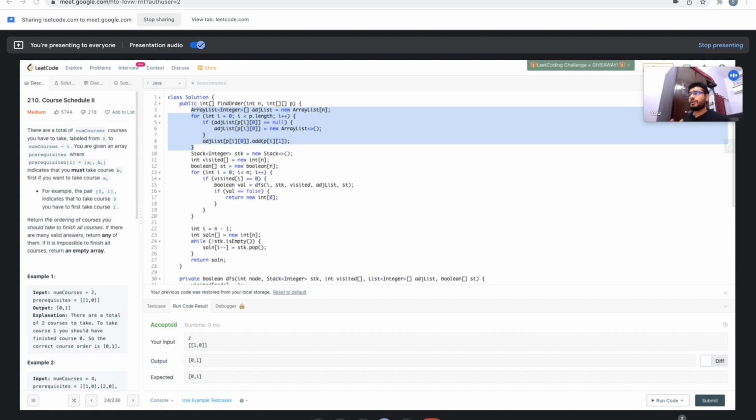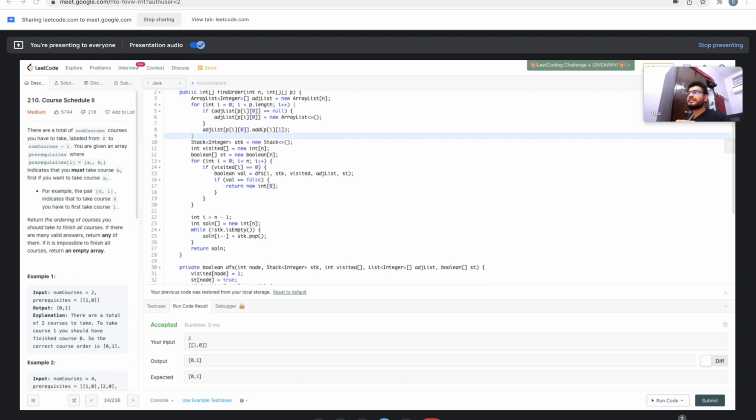Basically, there are two ways to represent a graph. One is an adjacency matrix and the other one is an adjacency list. I'm going by the adjacency list way because an adjacency list is good in case your graph is sparse. It's much faster. So yeah, I'll go by the adjacency list way. So we create this adjacency list, and then